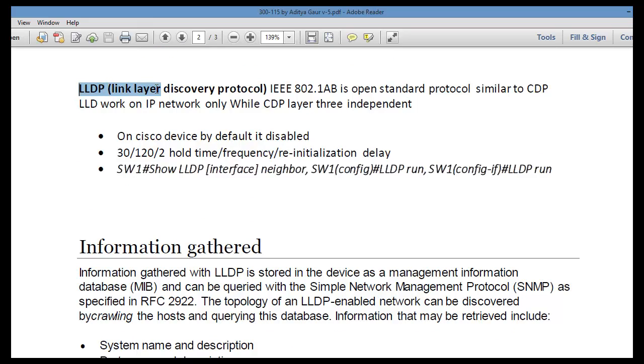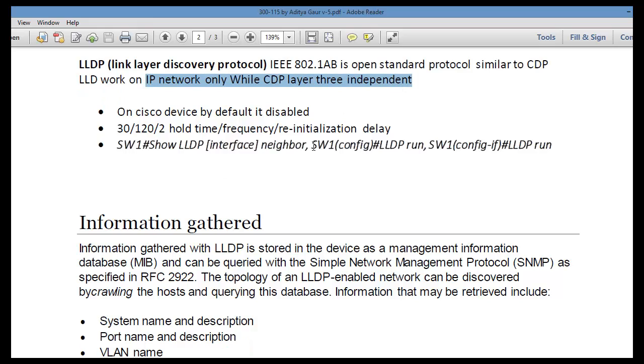LLDP stands for Link Layer Discovery Protocol. It is a standard protocol, 802.1AB, an open standard protocol similar to CDP, and it works only on IP networks, while CDP is layer 3 independent.